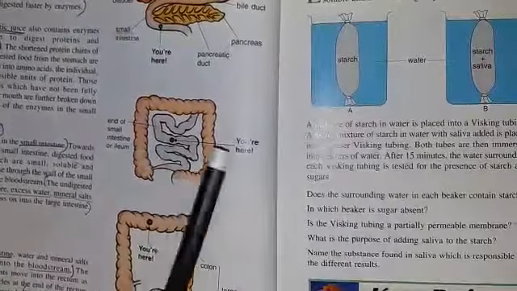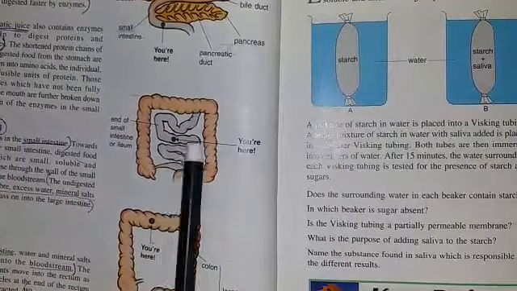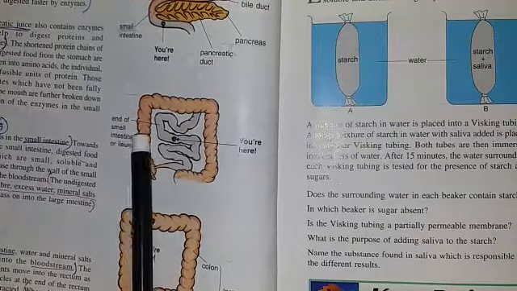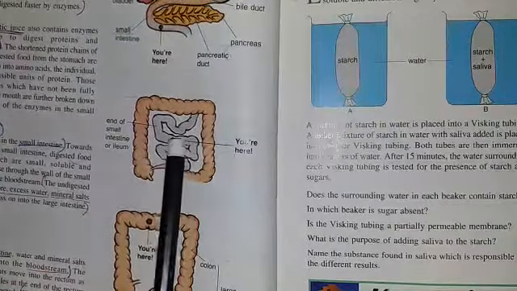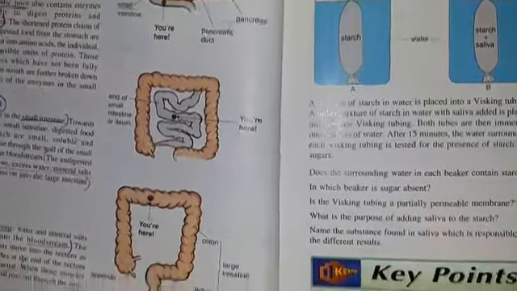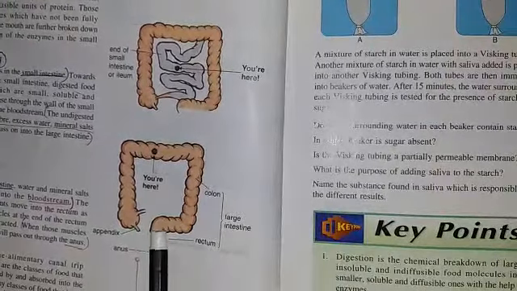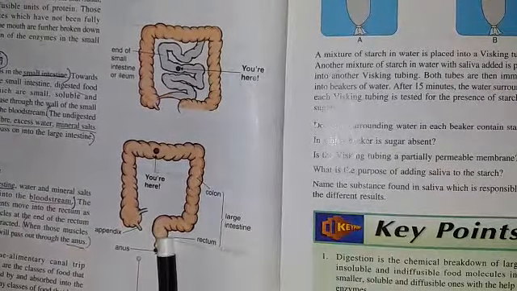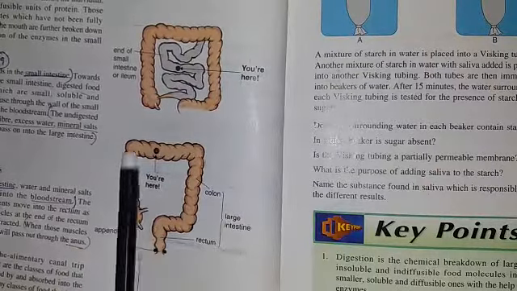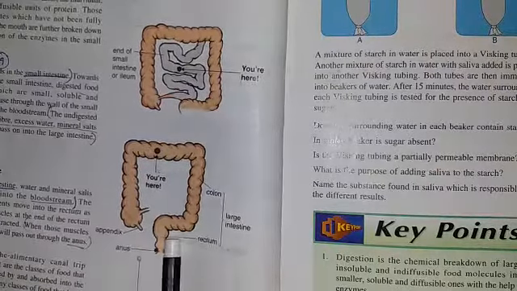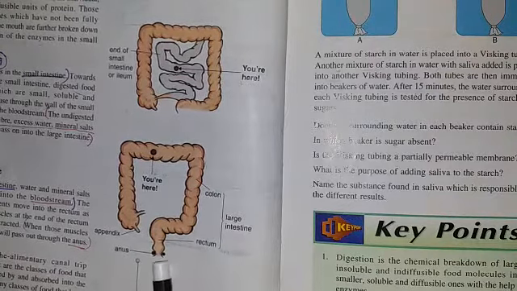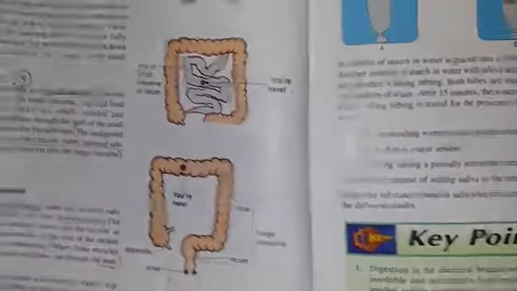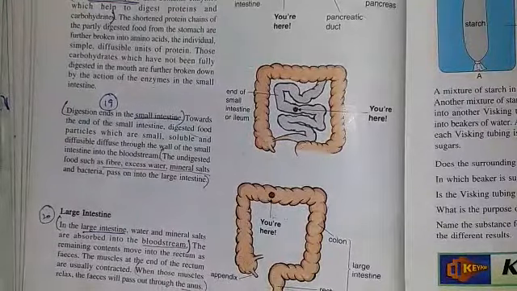Next, students, this is the small intestine. Here is the small intestine, and the end of the small intestine is the ileum. When the food moves through the small intestine it moves towards the large intestine, this is the large intestine. Students, the food moves towards the large intestine, and the undigested food is excreted out of the body through the anus. So this is a complete explanation of the digestive system.